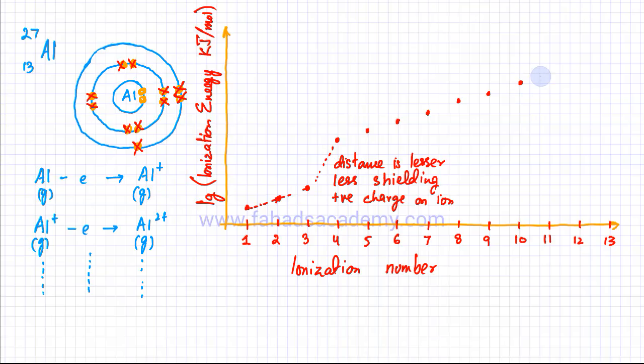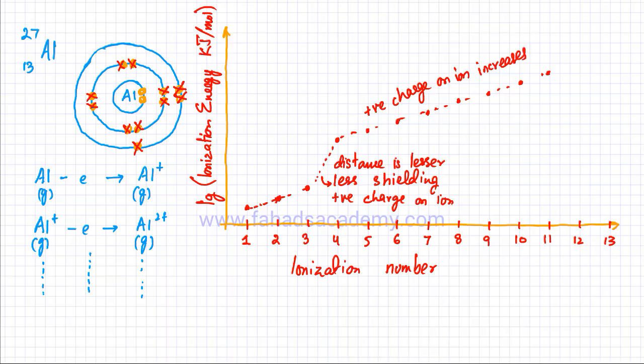Now all these electrons belong to the same shell, which means that the shielding is the same and the distance is approximately the same. So the only factor that's counting is this positive charge on the ion keeps on increasing. As you keep on removing electrons, the atom becomes more and more positively charged. So that's the only factor that makes it more difficult to remove an electron. So positive charge on ion, that's the only factor that continuously